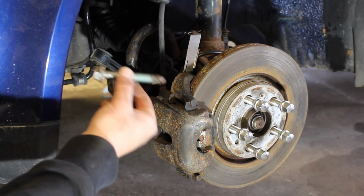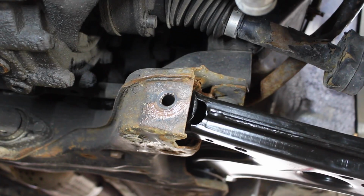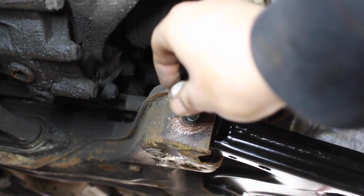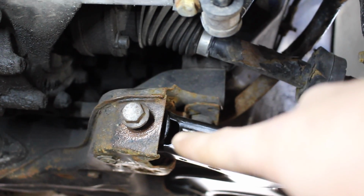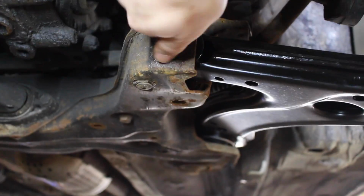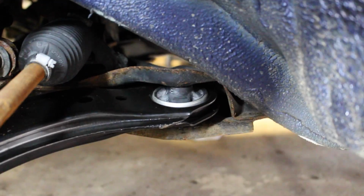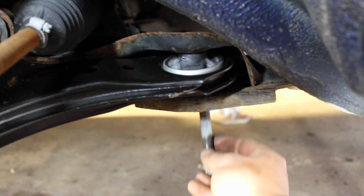only because we're going to have to now install the bolts that feed the lower control arm onto the backside. So from down here, you then get your bolt and feed it through this side of the lower control arm. Now once it's in like this, tighten it up by hand, and then come in afterwards and tighten it up properly. Then do the exact same thing with this side. So get your bolt, feed it from underneath,